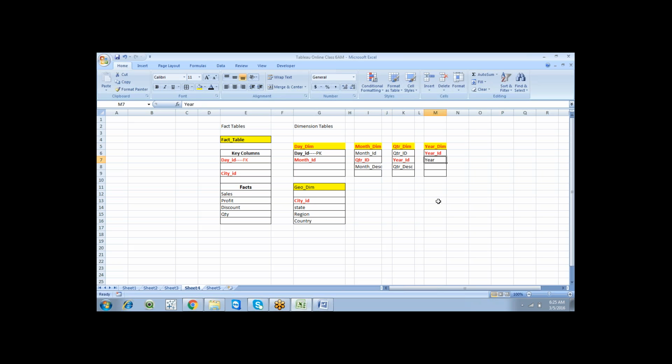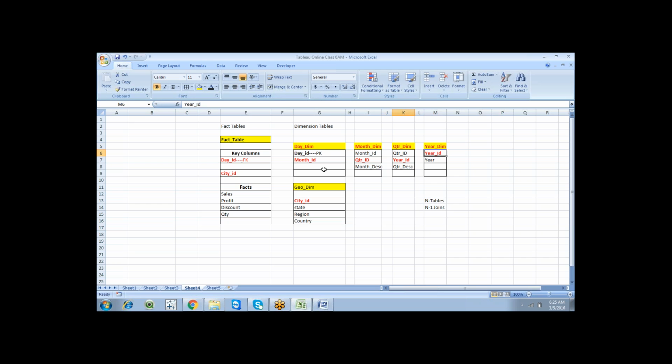If we have n number of tables, according to the RDBMS rule, we have to get n minus 1 joins. A join is a simple join based on a key column.